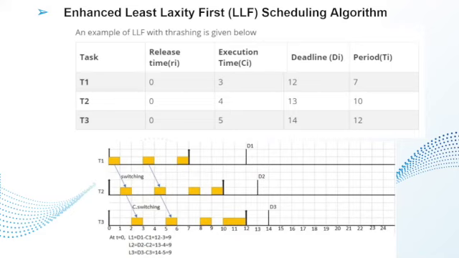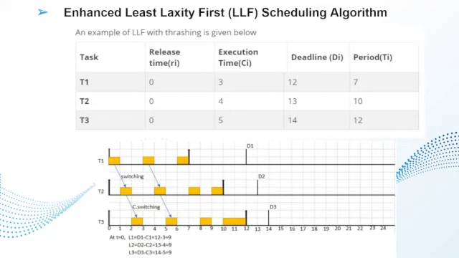To overcome this shortcoming of the LLF, an improved version of LLF is introduced, and that's going to be called the Enhanced Least Laxity First scheduling algorithm, which is going to be ELLF. In ELLF, whenever more than one task has least laxity, then they all are grouped together, and the EDF is applied within the group, whereas taking this group as a single task, LLF is applied to the group as well, and the remaining tasks are set up again and again.